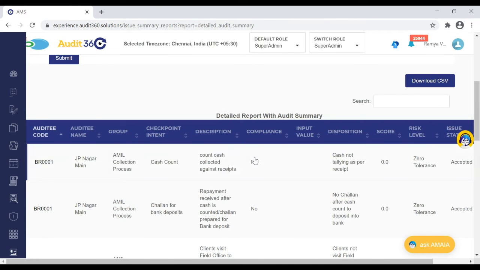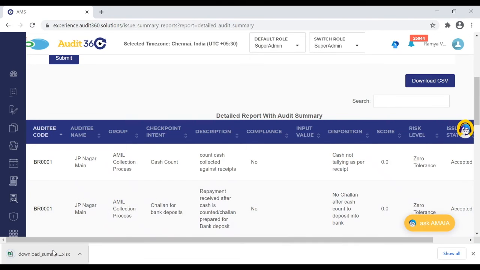If you want to work on the complete data, you can download the CSV file. The file gets downloaded in CSV format. Here you see this is complete row and column information, which has a header with the basic information we saw, and along with that a few more columns, like auditor remarks. If auditor remarks are captured, they would be tagged in this column. Then when your audit submission was done.